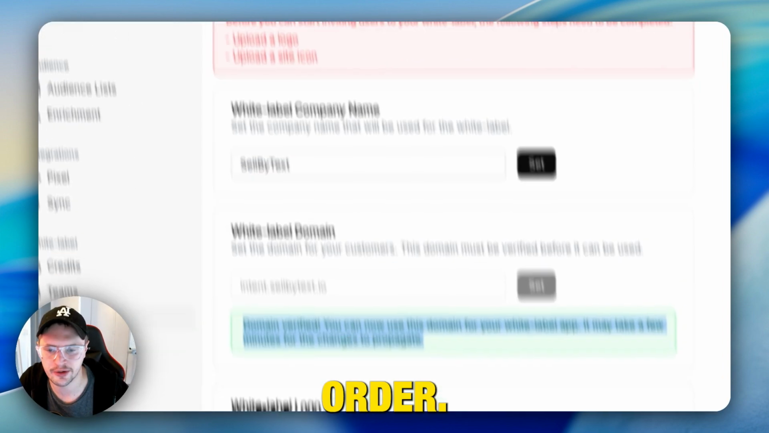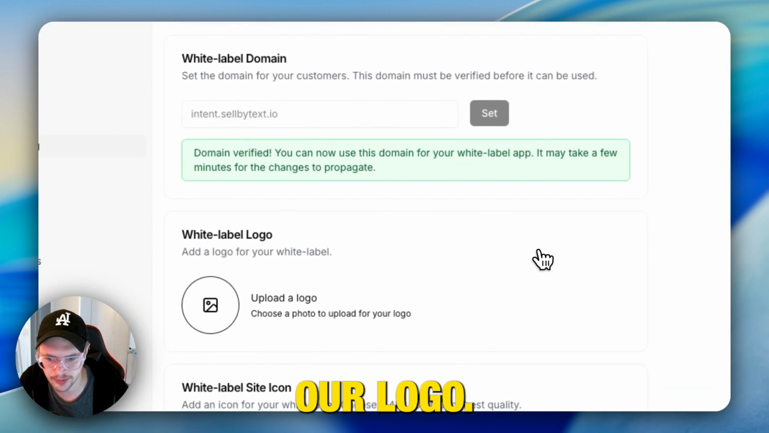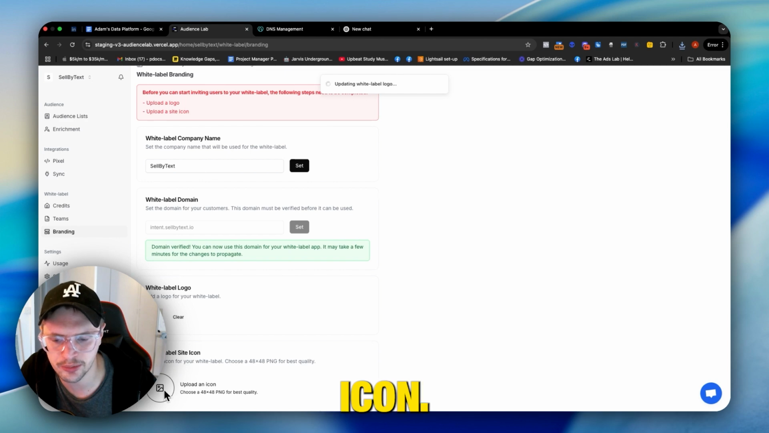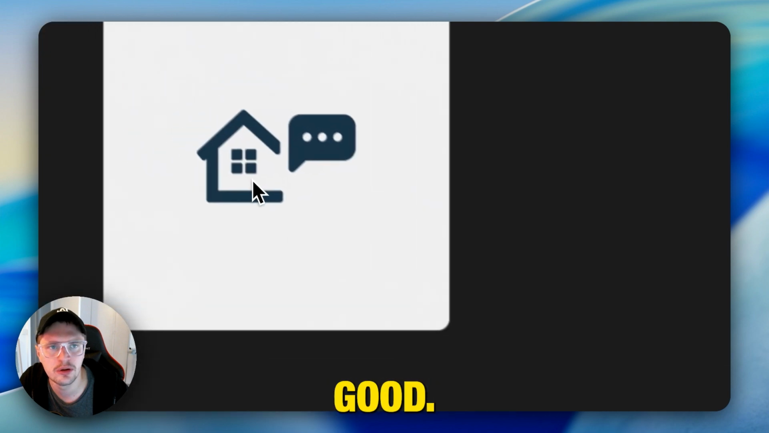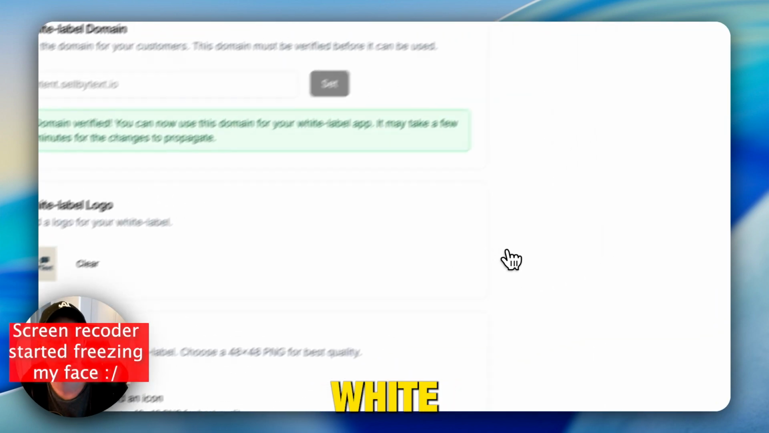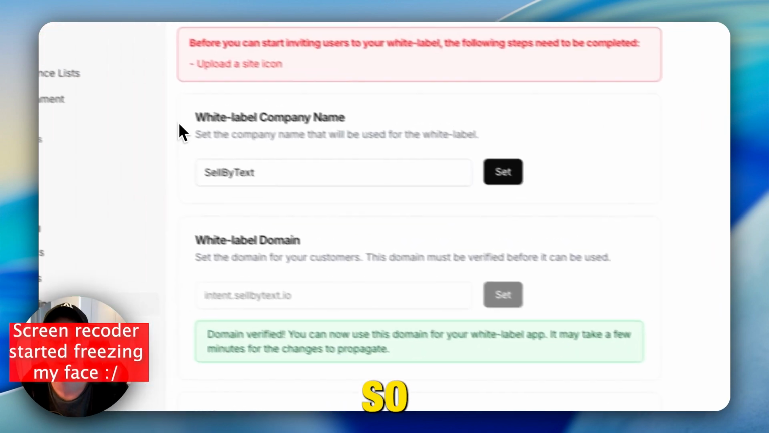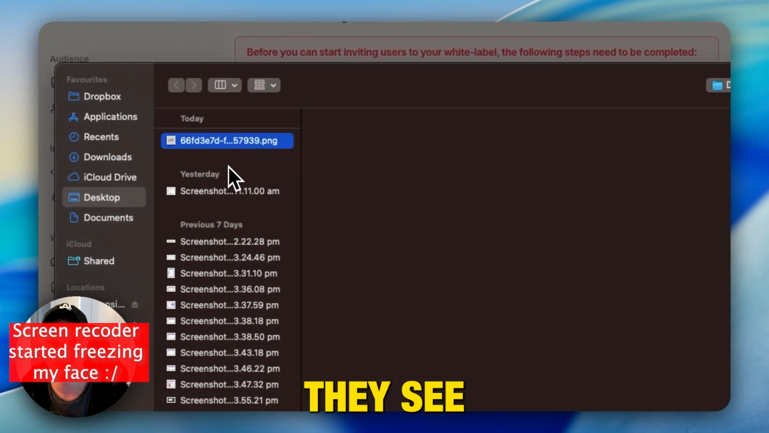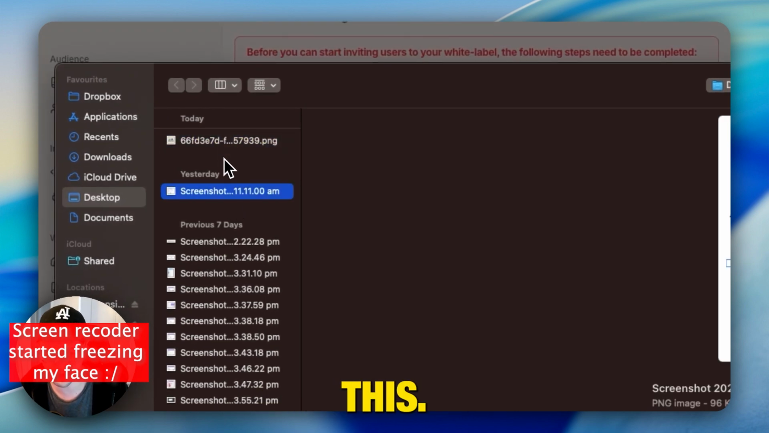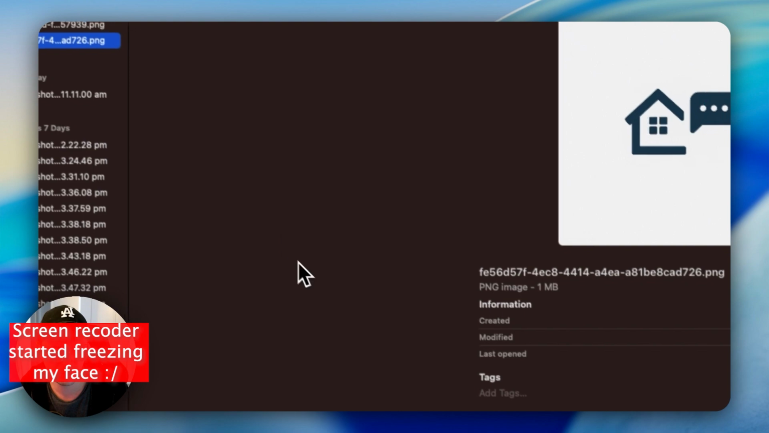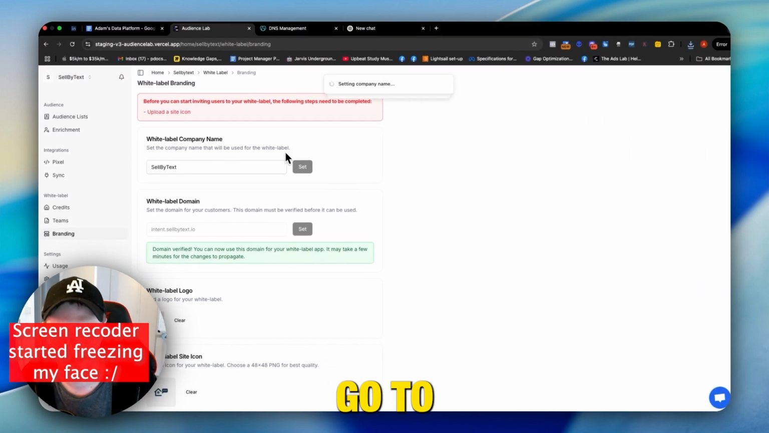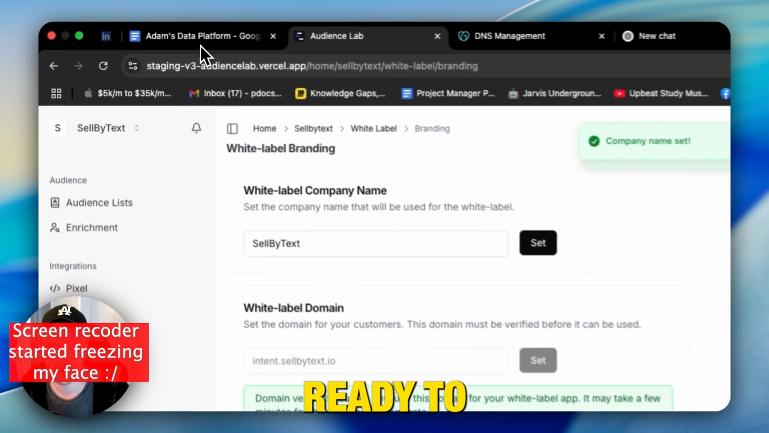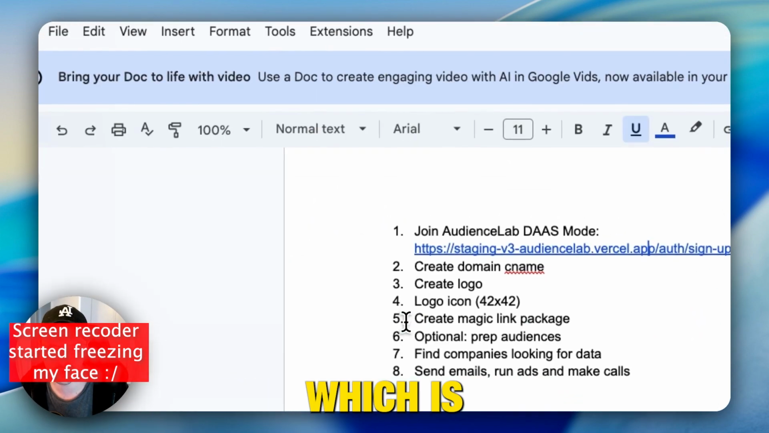All right, let's go back into AudienceLab. We'll upload our logo and then we're going to upload our icon. Okay, this looks good. I've got my icon. Let's add my white label site icon. This is so people can, it's a little thing they see in the toolbar. So let's grab this. All right. Everything should be done. I'll set this, Sell by Text. I got my white label icon, and now I am ready to go to the second phase, which is create